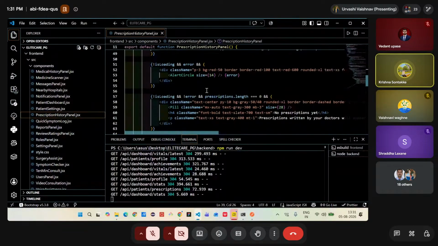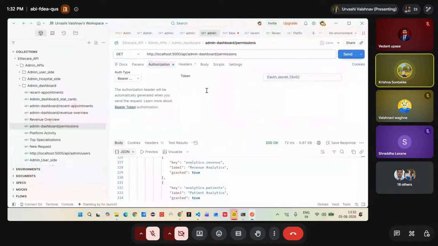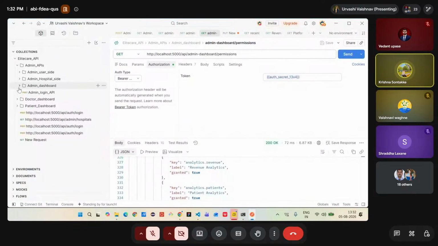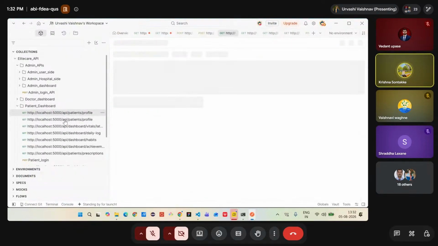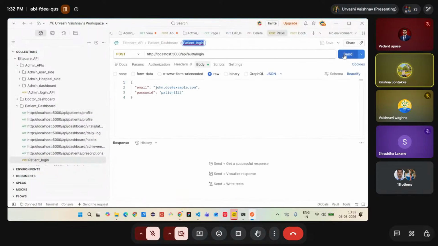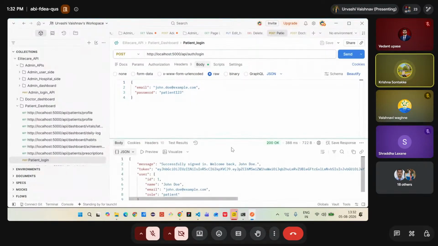For the patient dashboard, we have designed a PostgreSQL database where each table stores a specific type of patient-related information. This is the main table that stores user account information such as user ID, name, email, password, role, and login credentials. The table stores complete patient profile details including personal information like age, gender, blood group, contact details, and membership status. This table stores the patient health vitals such as blood pressure, heart rate, oxygen level, temperature, and other